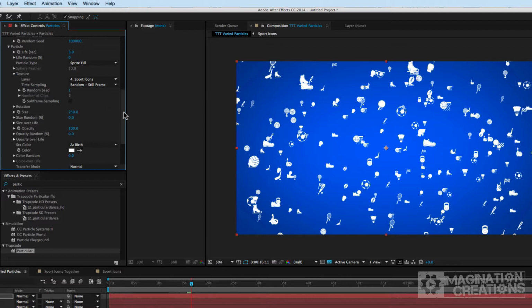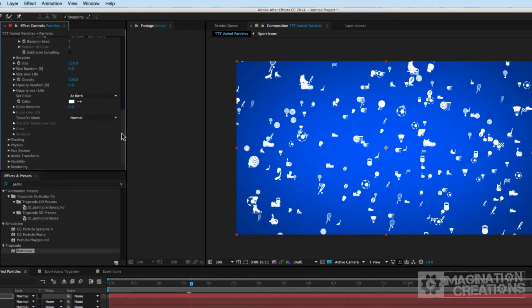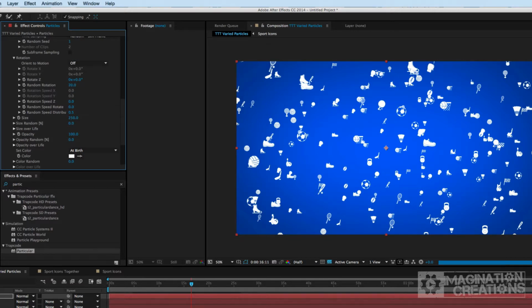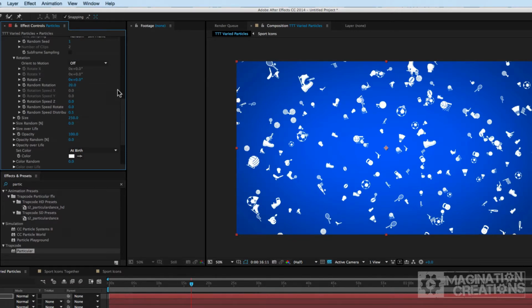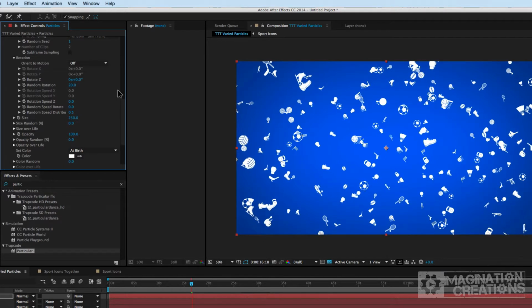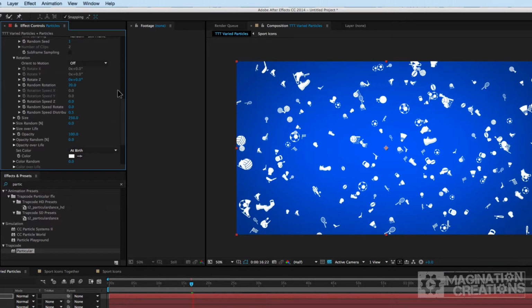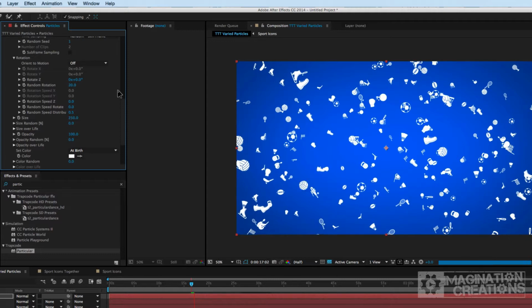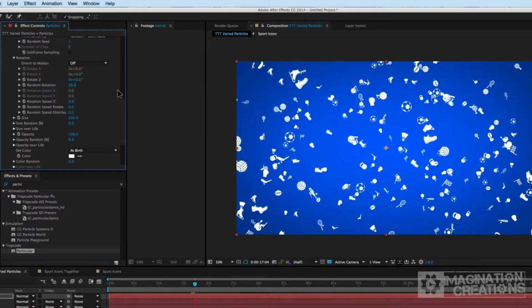And now let's deal with the rotation. In order to make it look a little less predictable, we could change our rotation to be a little more random. Under rotation, I'm going to put a random rotation of 20. Now right off the bat, they're looking much better and much less consistent. The next thing I like to deal with is the fact that they're appearing and disappearing in a very strange way. Let's stop that for a second